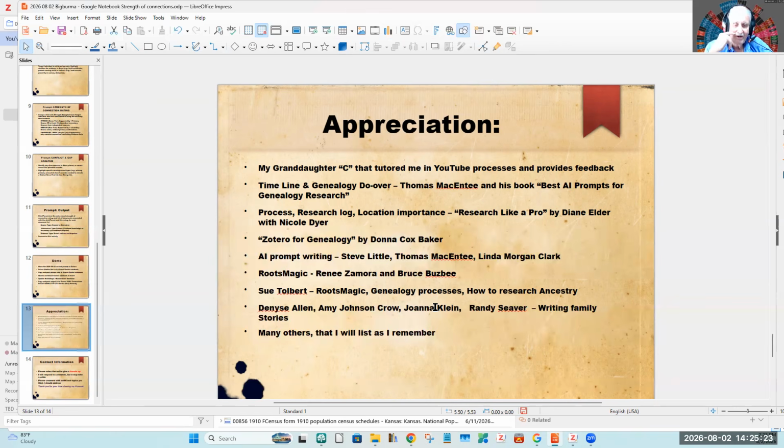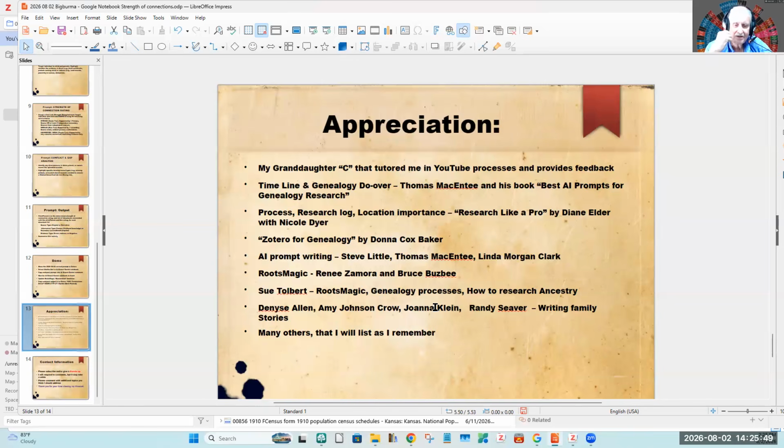I would not be moving along as fast as I am if I had not learned about Zotero from Donna Cox Baker. It's been a game changer because I can do research logs without stopping my research to do the log. It's so important to me. It keeps my mind on the research.